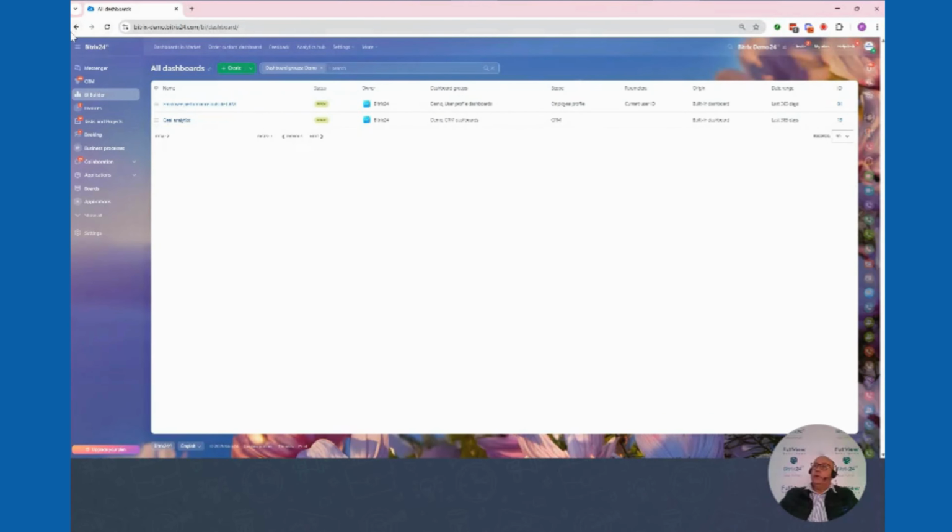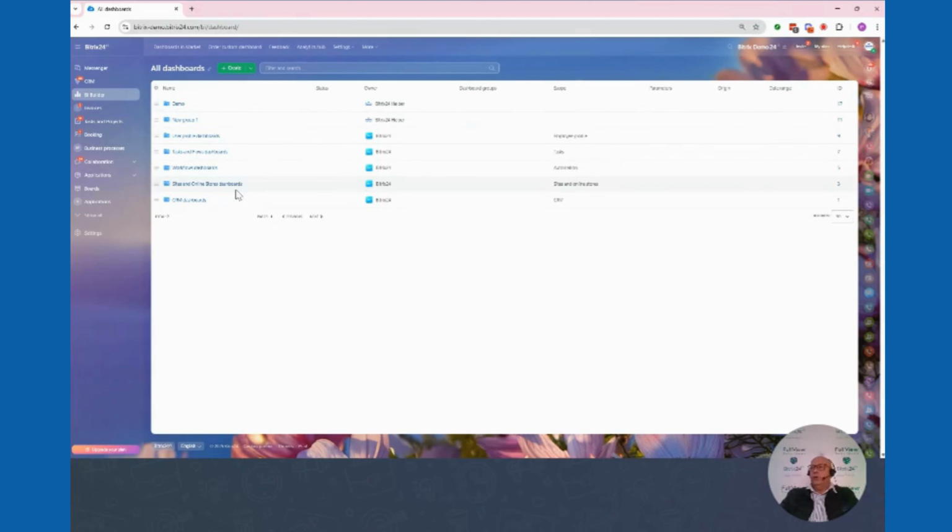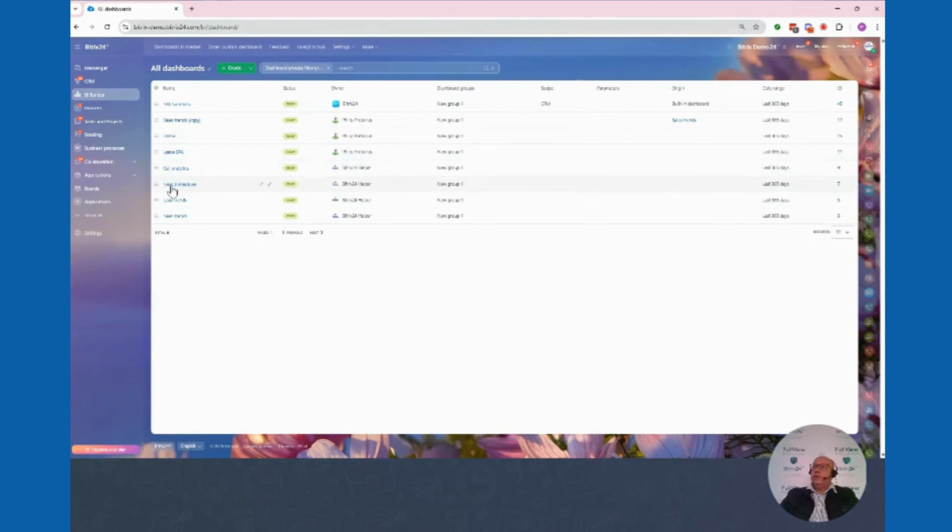If you want to go back to the previous screen, you can obviously use your back button, but you can also clear the filter there, and you should now go back to your folder structure as when you arrived in BI Builder. Also note that any custom reports that have been built before this folder structure arrived, they've already grouped it into this item called new group 1. So you can see them there, but you can now move them. So if you want